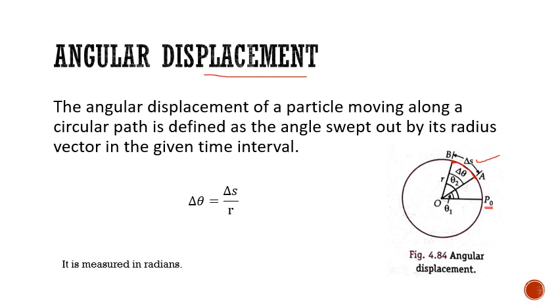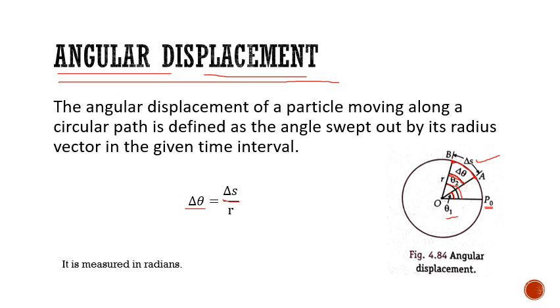Now, what will be your angular displacement? The angular displacement will be the angle swept by its radius vector. So let us say for the particle at position A, the angle it is making is theta 1. For the particle at position B, it is making theta 2. So how much angle has it swept? It will be the difference of theta 2 and theta 1. So this is del theta. Therefore, the angular displacement will be del theta,